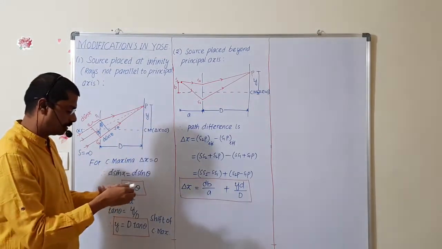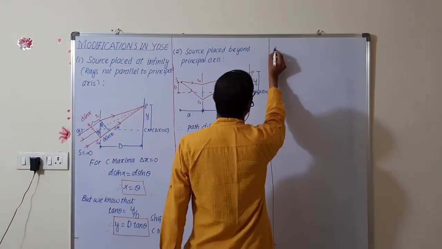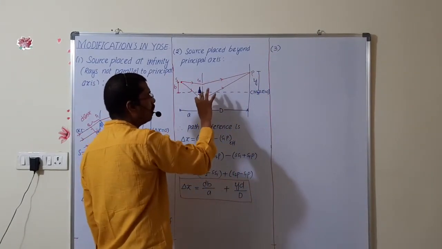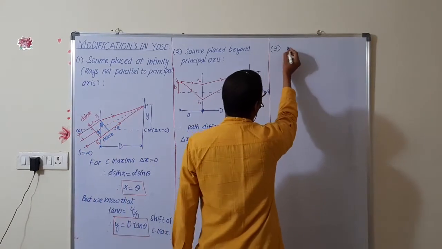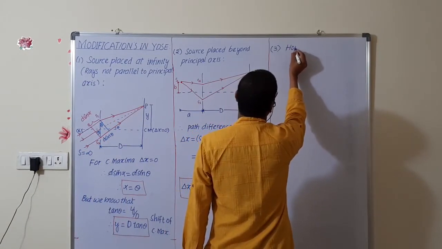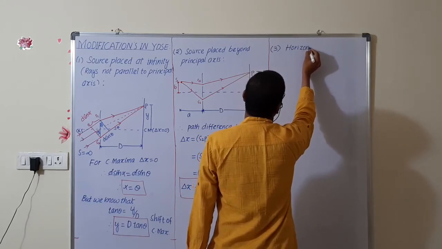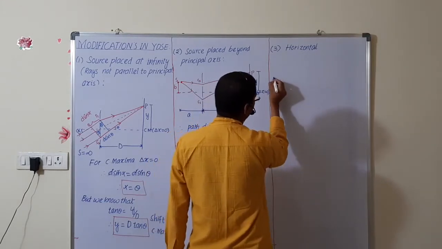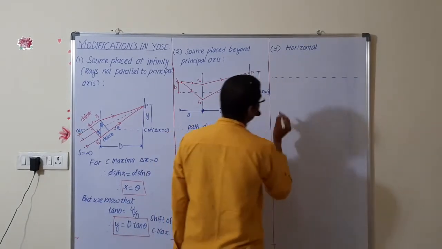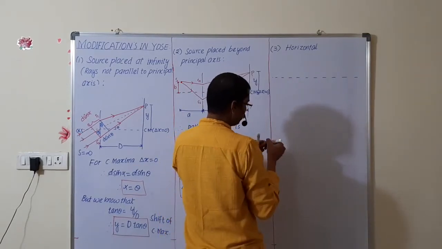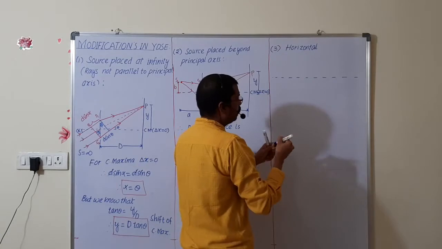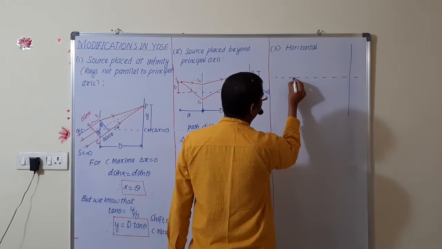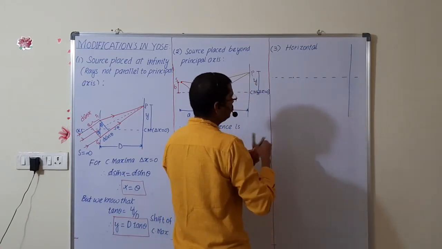Another third condition also we can discuss. This called third condition. This slits on y-axis. For example, if I take horizontal. Now I am taking the horizontal position. Horizontal position means now I am taking, this is the principal axis. In this principal axis, now I am taking, this is a screen. Now it is a center. Now I am taking the slits.